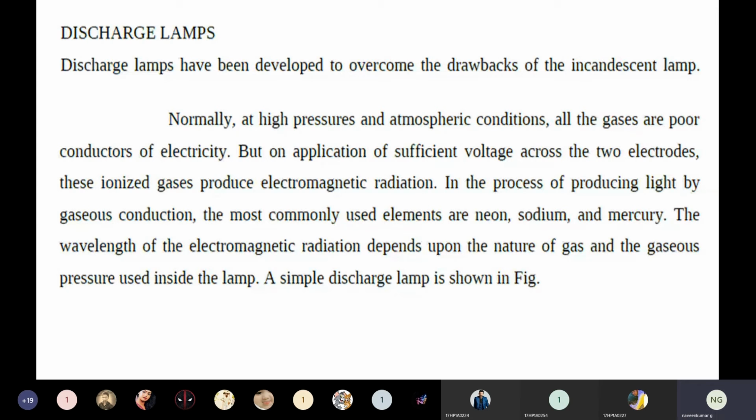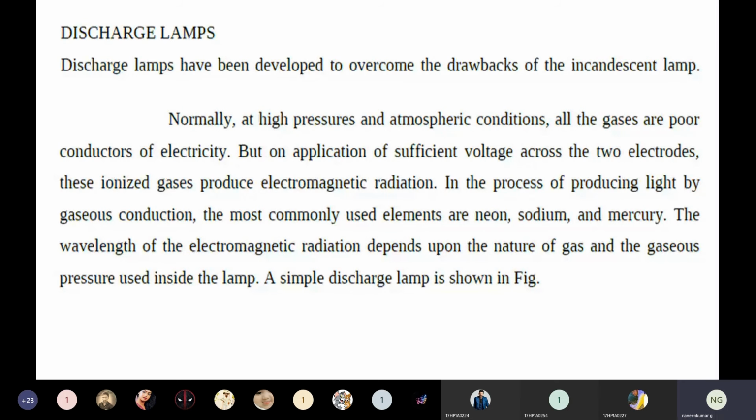So we will be seeing very important things that are related to your syllabus. Once we finish these sources of light, simultaneously we will be finishing also the types of discharge lamps. Also we will be seeing incandescent lamps and tungsten lamp. And when we start unit 4, possibly next week, we will be seeing a comparison between tungsten lamp and fluorescent tube. So that is a continuation of these sources of light only in unit 4.